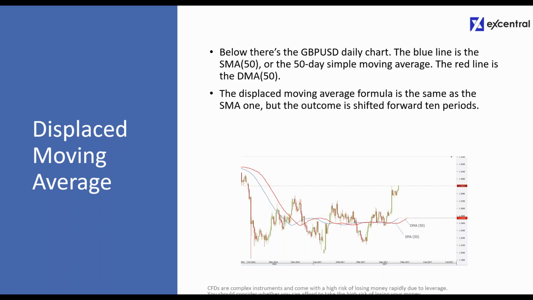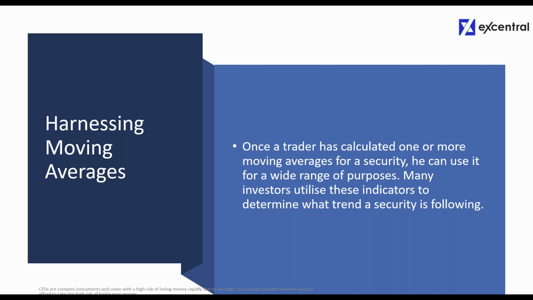And again, this 10 period is shifting things out of logical meanings, using minus ones. Why would you want to move something backwards in time? So once a trader has calculated one or more moving averages of a security, he can use them for a wide range